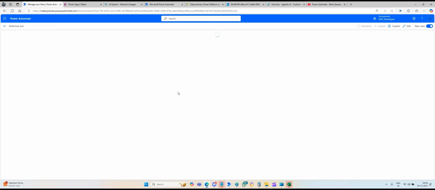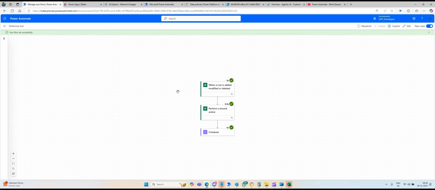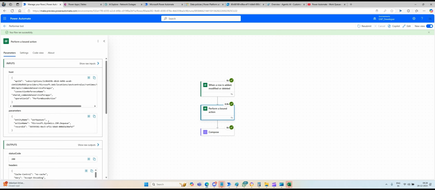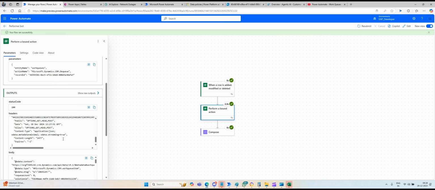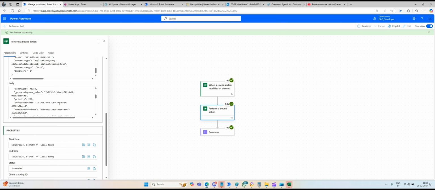Now I want to pass that information to my Power Automate desktop flow. So you can see here the output of this perform bound action. You can see the invoice details 1000, and it also has the